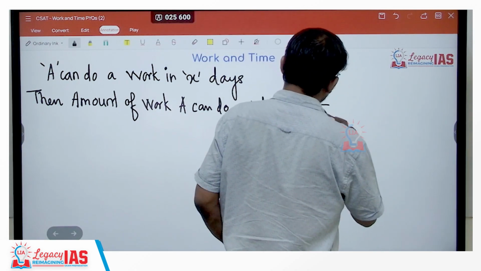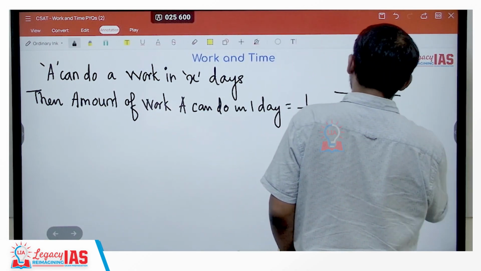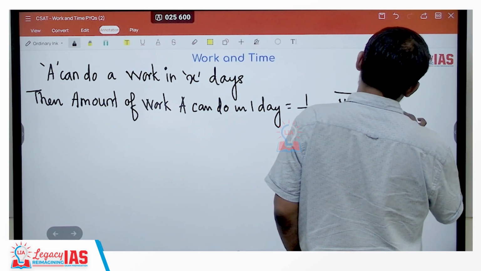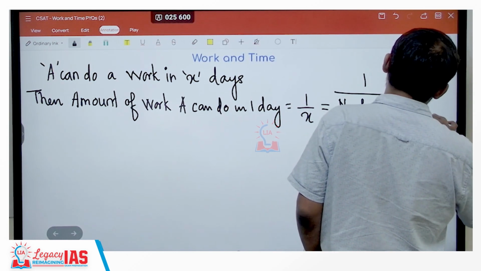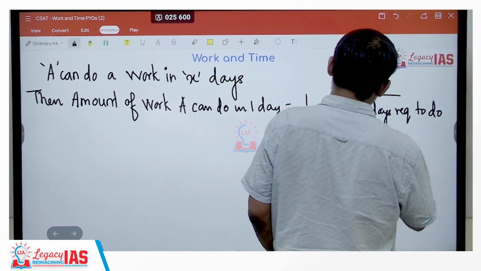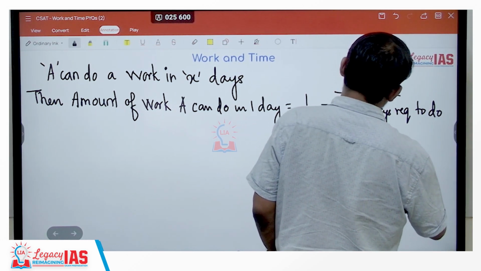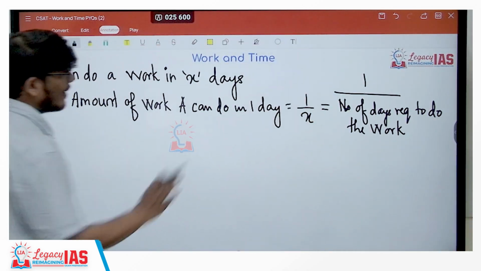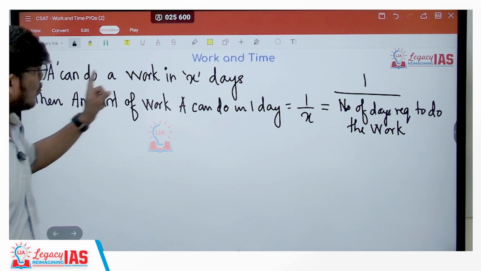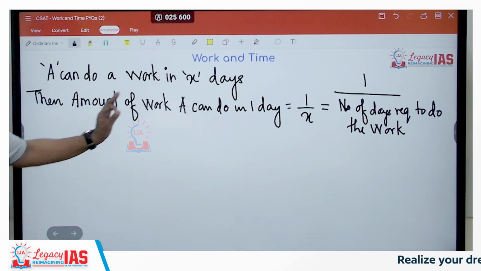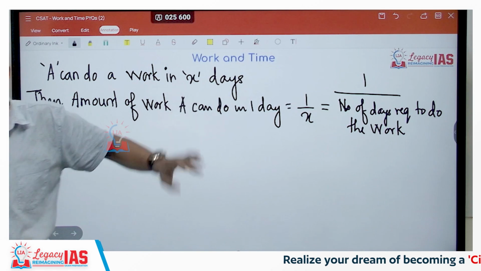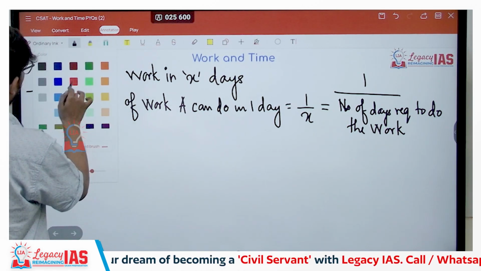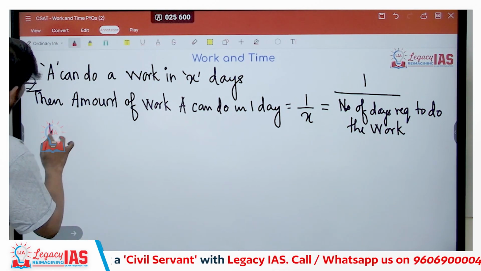It means 1 upon the number of days required to do the work. And what is the number of days required to do the work? X. So therefore it will be 1 by X. If A can do a work in X days, then the amount of work A can do in 1 day is 1 upon X. In exactly the same manner, guys, if B can do